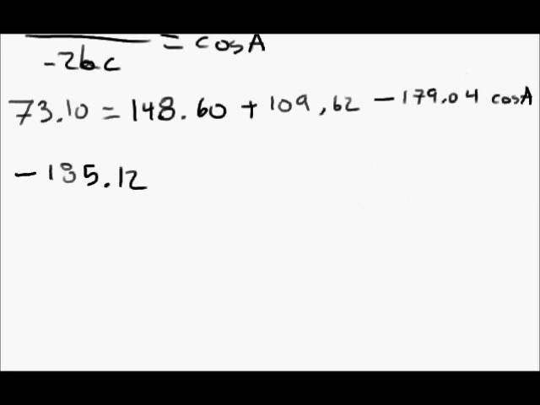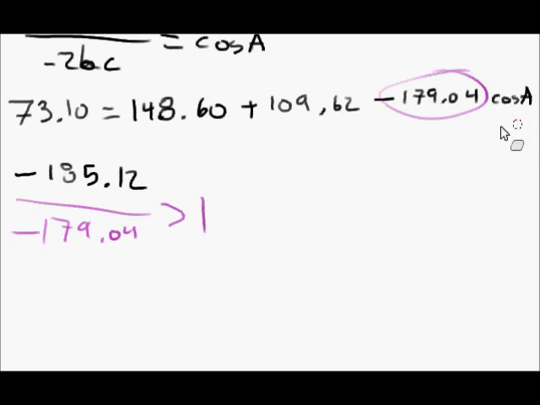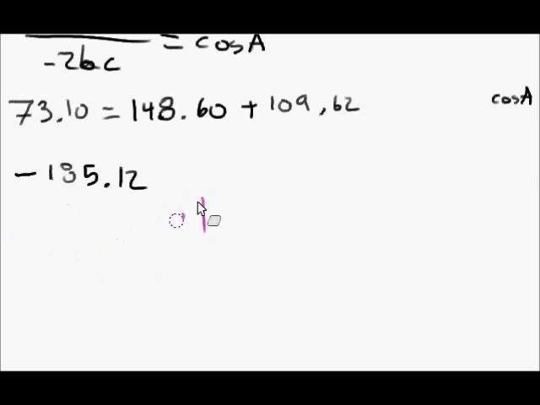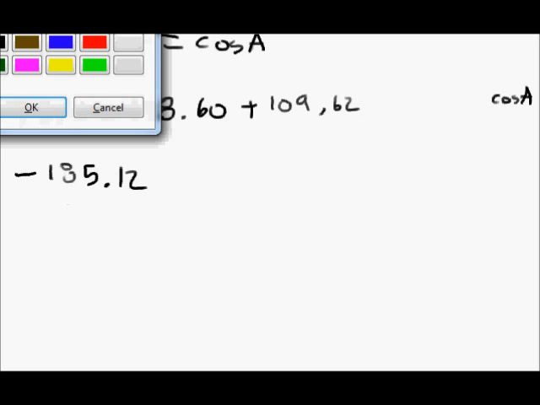You see, right here, this is wrong. Because if I take that ratio, we're going to have negative 179.04, which is greater than 1. Cosine isn't. We made a mistake. And it turns out when I computed this guy, I was using the wrong value. So this is incorrect. I computed AC instead of BC. So we'll just erase that, and instead we'll go ahead and